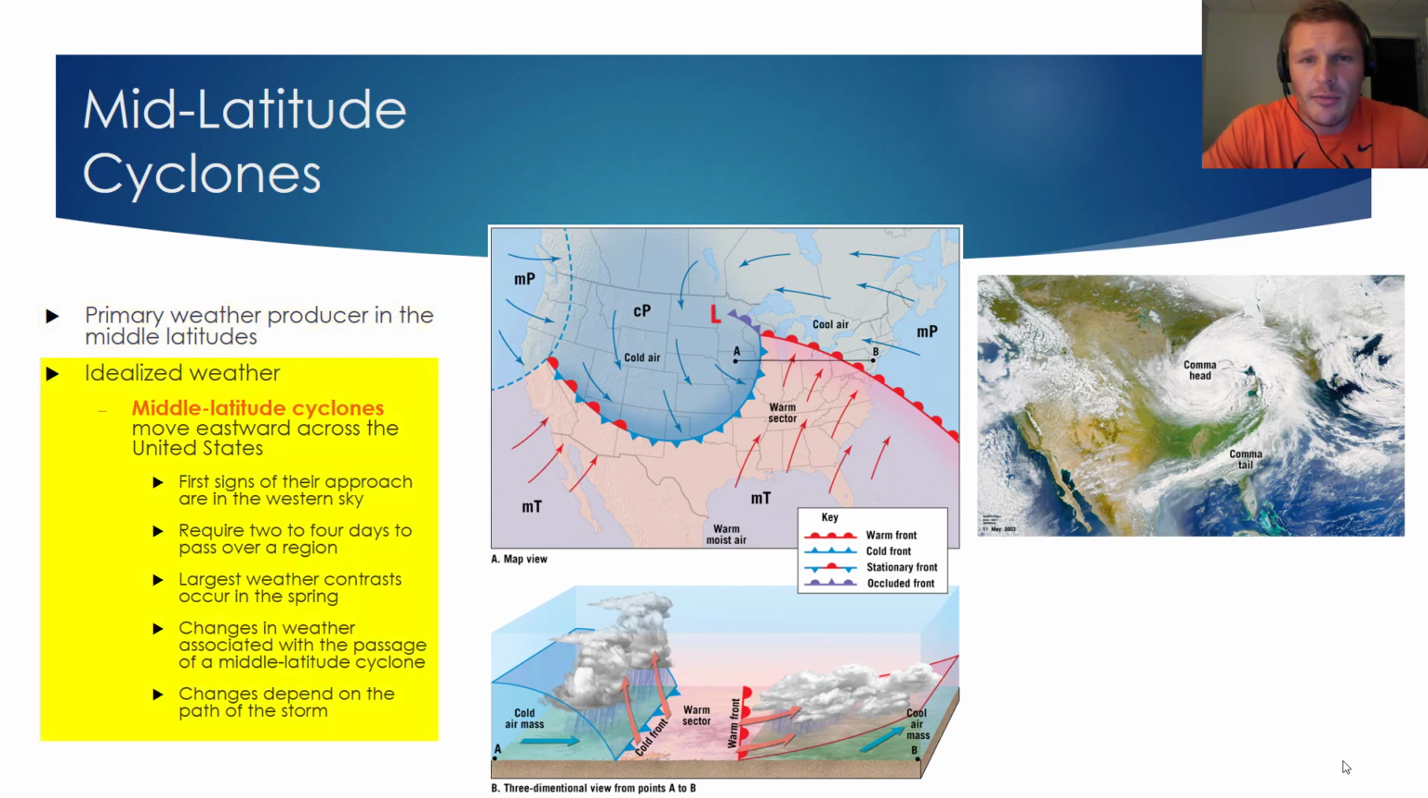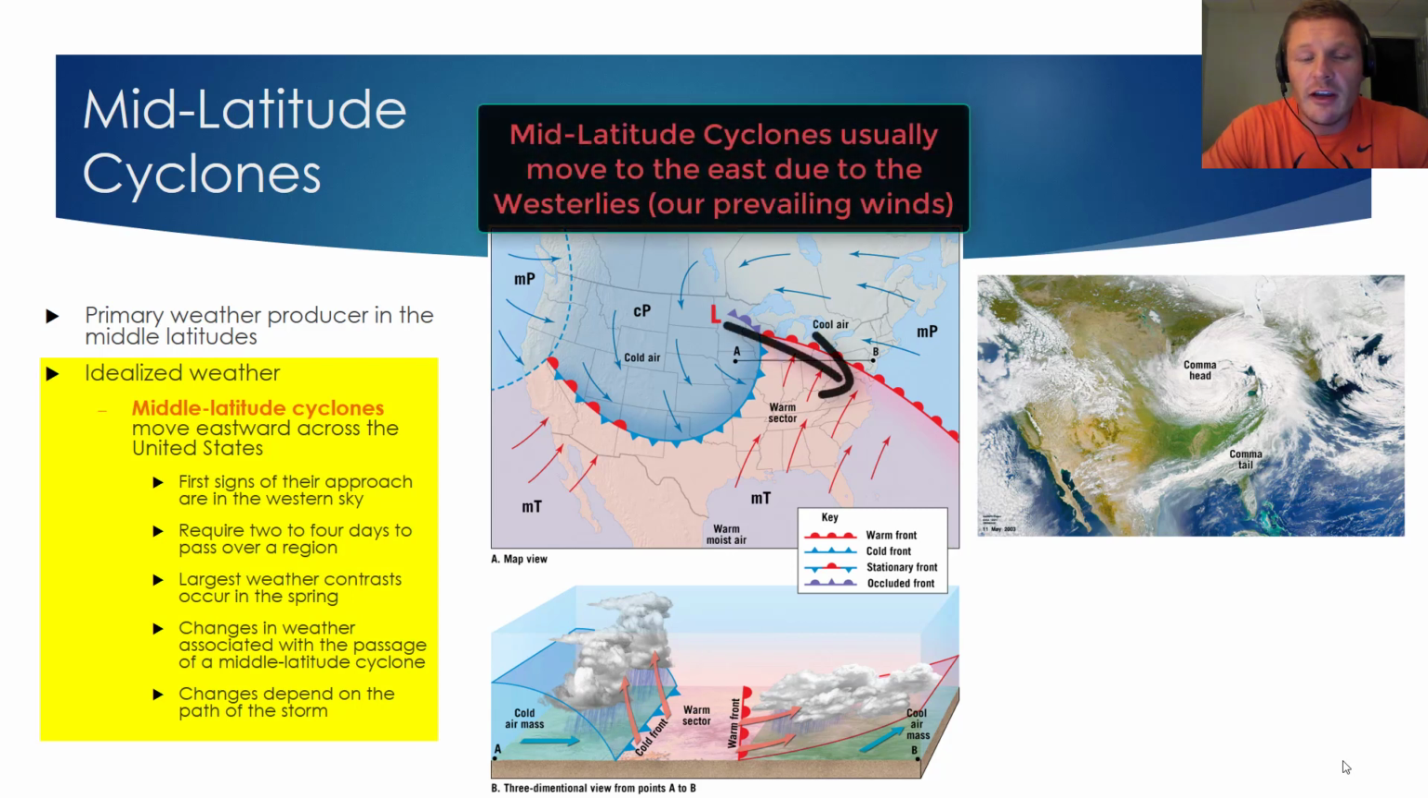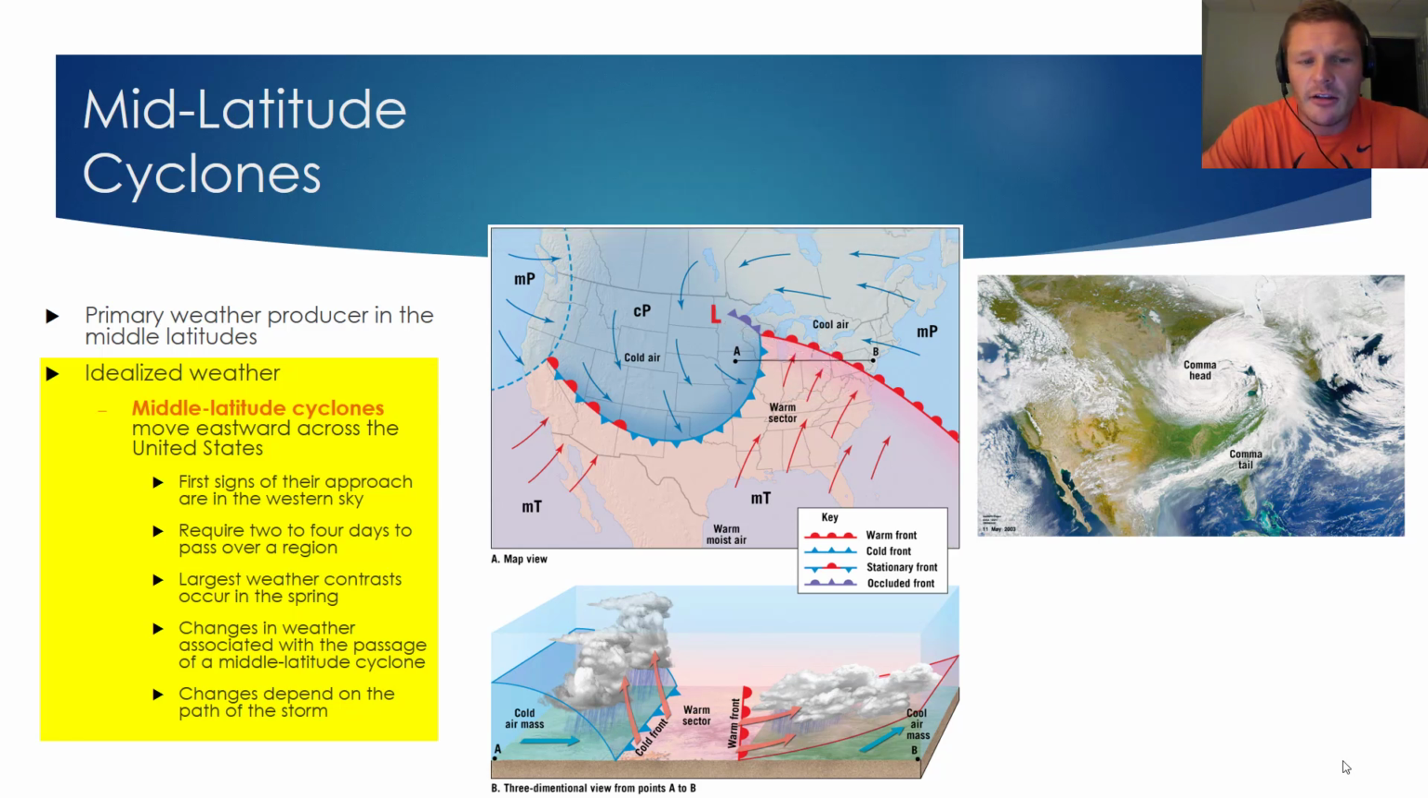The idealized weather for mid-latitude cyclones is that they'll move eastward across the United States. And as a result of that movement, the first signs of their approach will be in the western sky. A mid-latitude cyclone will usually require 2 to 4 days to pass over a region, and the largest weather contrast